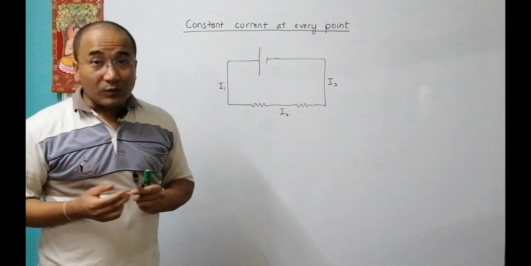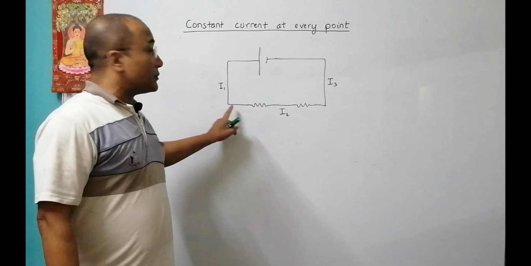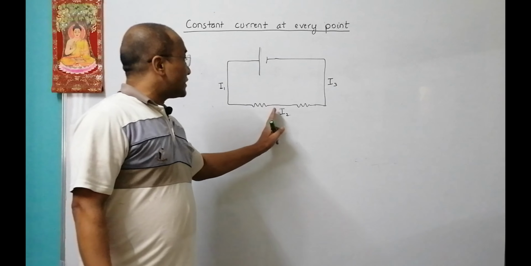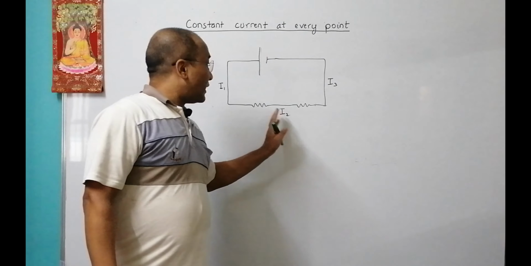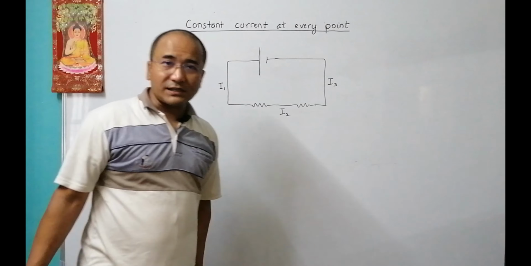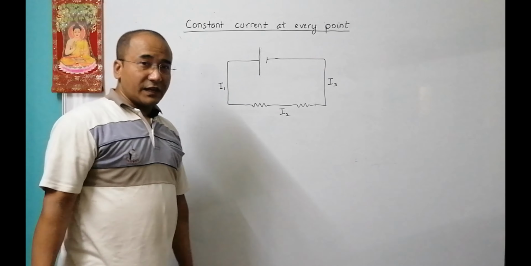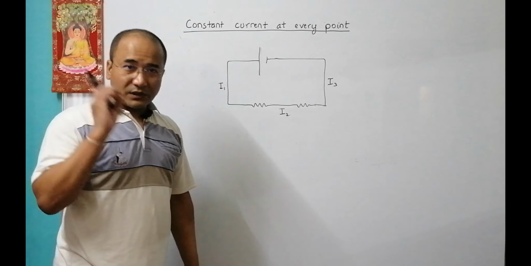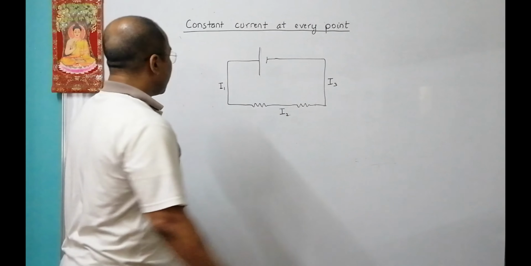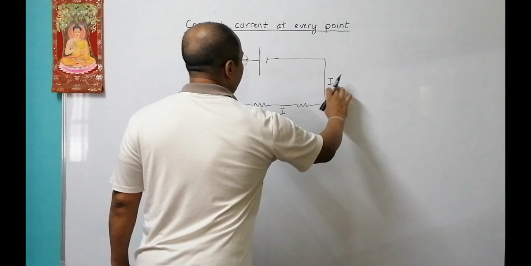If I ask what's the reason, they say that it's a resistor, so it blocks some charges, that's why the charges here should be less, and so the current should be less. That's what they say. But in reality, the current is the same everywhere. So this should be I, this should be I, and this should also be I.